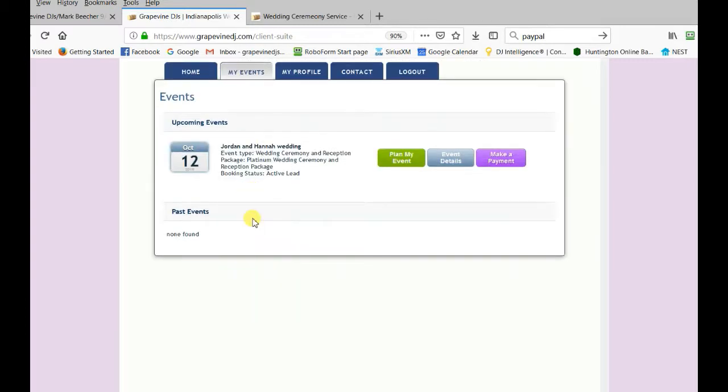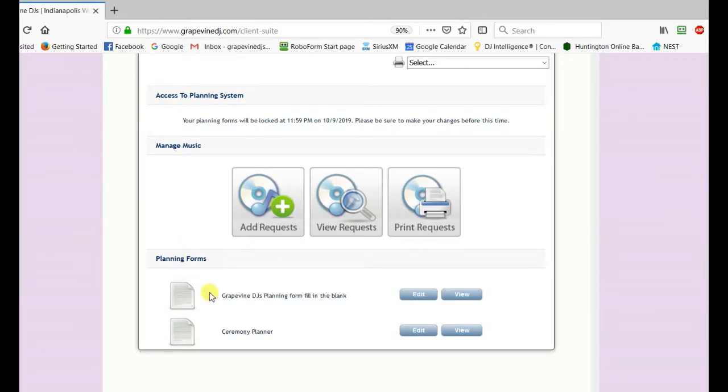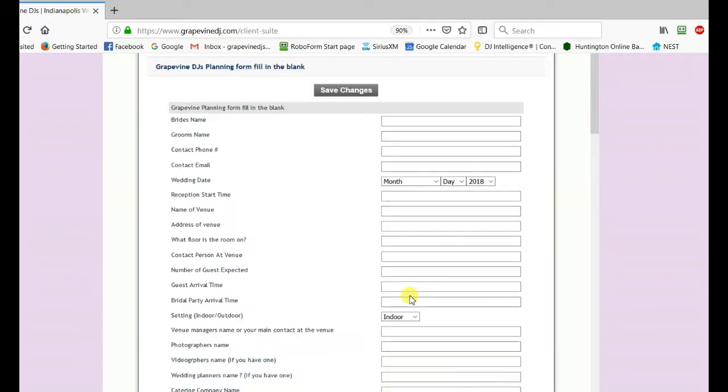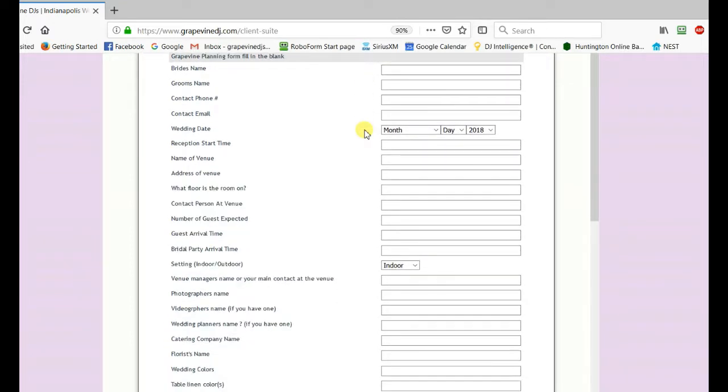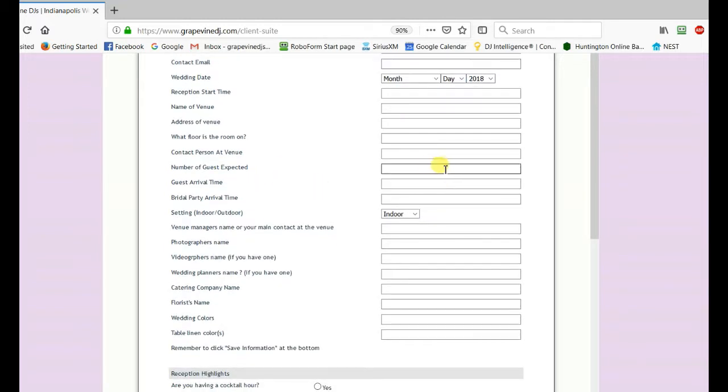Going back to my events, here is where you can find your planning forms, including the reception planning form and the wedding ceremony planner, if I'm involved with that. So we'll first look at the reception planning form. This is basically a fill-in-the-blank form. All you need to do is to enter the information,